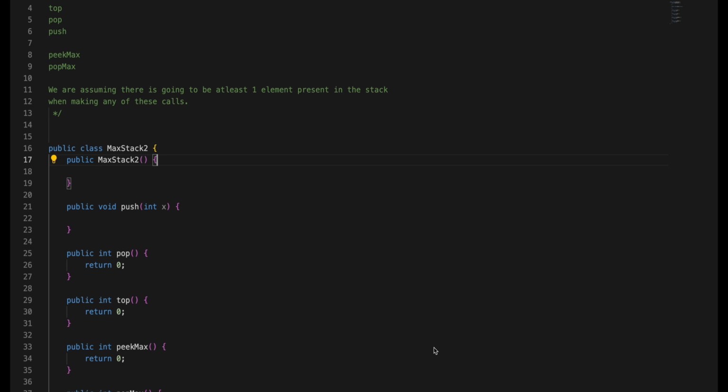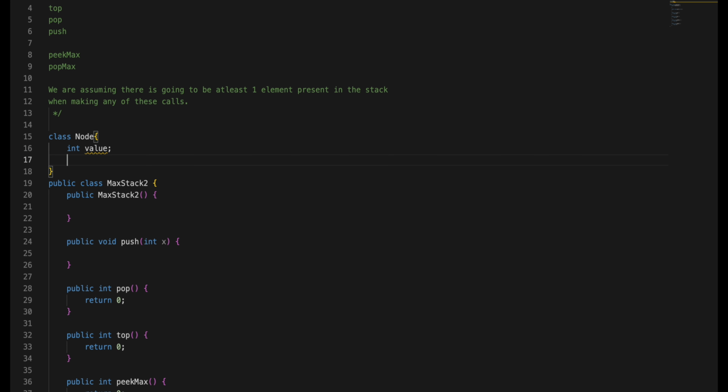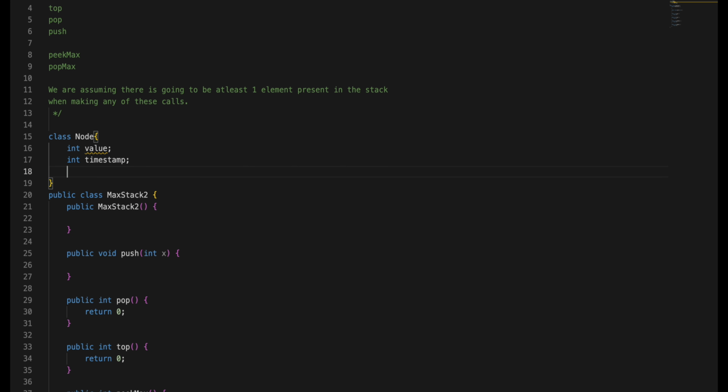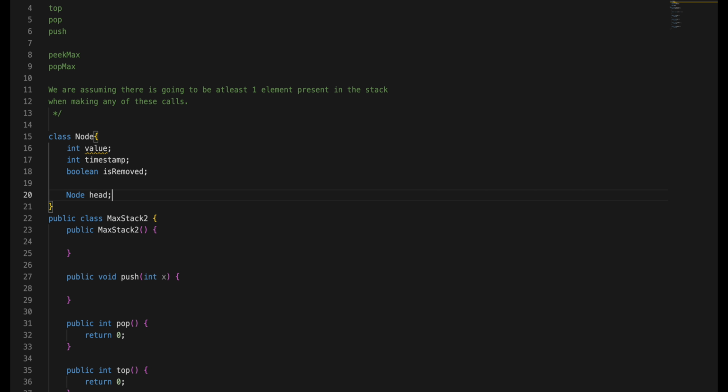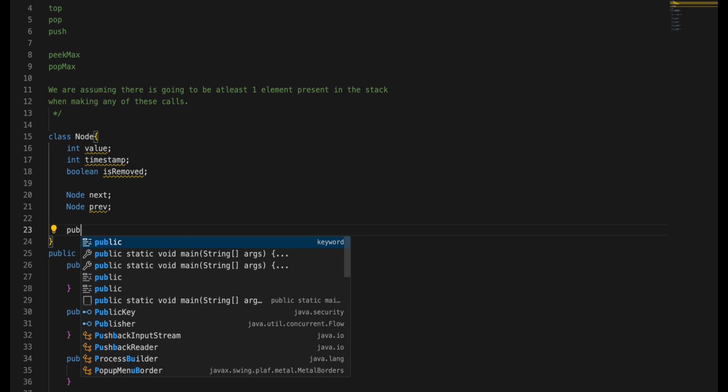Now let's write code for our first approach involving doubly linked list and a max heap. So here we have to implement these 5 functions, and we can assume that there is going to be at least one element present in the stack when we are making any of these calls. So to get things started, we can create our node class and define the fields in there. So first one is value, second one is going to be timestamp, third one is going to be a boolean is removed, and we are going to have a next reference and a previous reference,